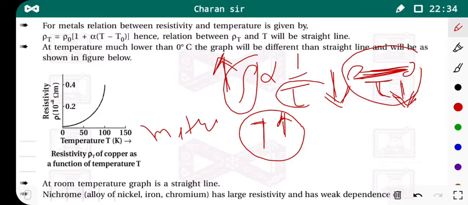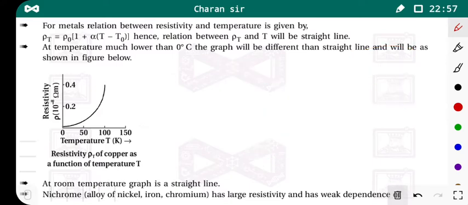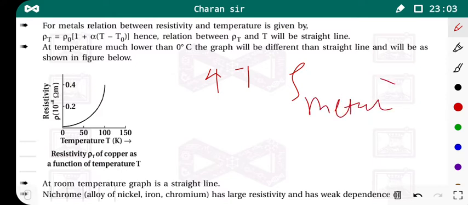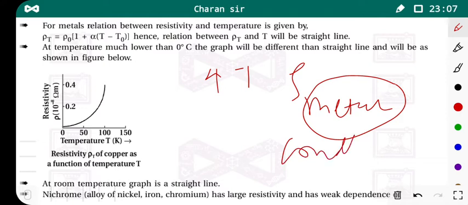You remember this: when temperature is increased, the resistivity of metal is also increased. Because when temperature is increased, the collision rate between electrons and fixed ions increases, which means relaxation time decreases. If relaxation time decreases, then resistivity increases, because both are inversely proportional. This is for metallic conductors. We discuss conductors, semiconductors and insulators. When temperature is increased, the resistivity of the conductors increases.